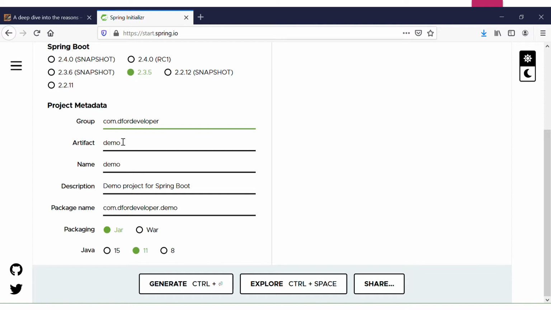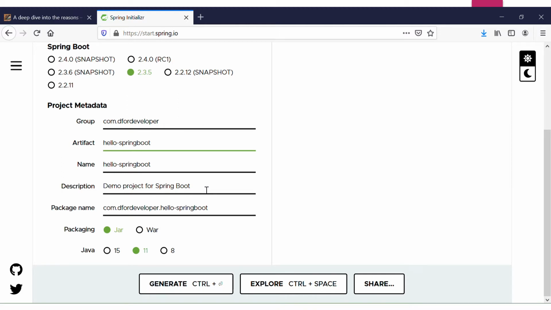Next is artifact ID. Artifact ID is kind of the project name, so we can give the actual project name itself over here. For example, let's say hello-spring-boot. So we are giving the artifact ID as hello-spring-boot. If you see, the parameter name below is also filled with the same value. So artifact is nothing but a kind of your project name. You can just give your project name itself in the artifact ID.